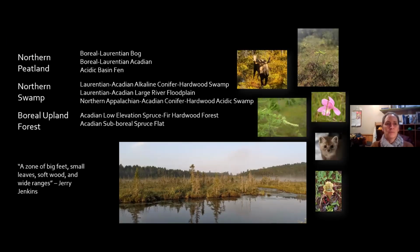The habitats that we are working in, again, I collectively refer to them as boreal habitats. But if you were to talk to somebody from the Nature Conservancy or the Heritage Program, they would give you these much more official sounding names. All of the places that we're working in fall into one of these ecosystem types as mapped by the Nature Conservancy. I tend to think more about them, and I think maybe the birds don't divide them that much of a fine scale. I tend to think about them in the categories on the left, these sort of groupings of